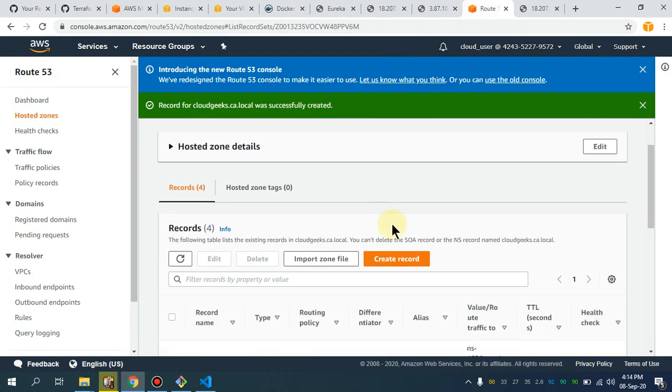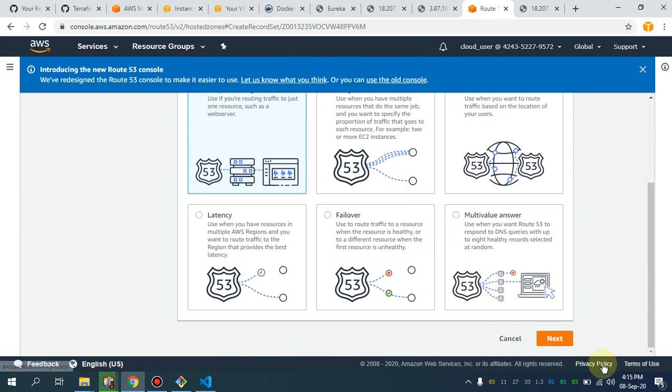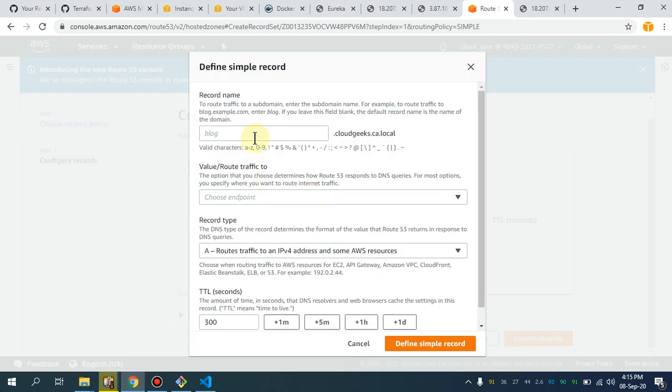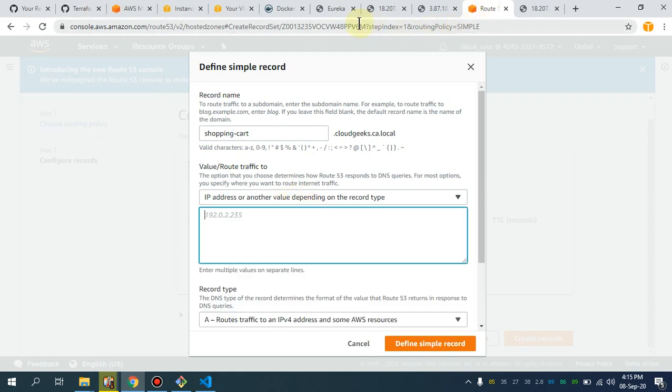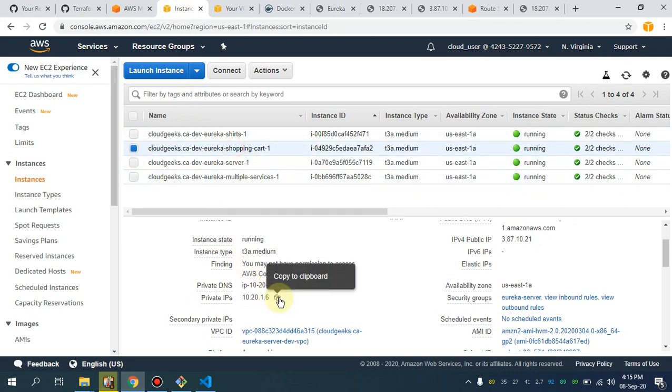So navigate to the shopping cart service, define a record in Route 53. I'm going to call this shopping-cart. Okay, so select IPv4, and it is going to be the IPv4 address of this shopping cart.